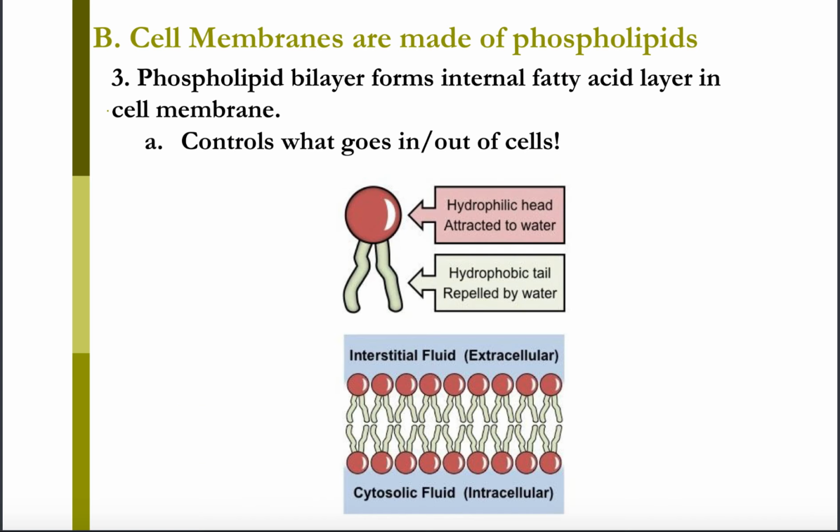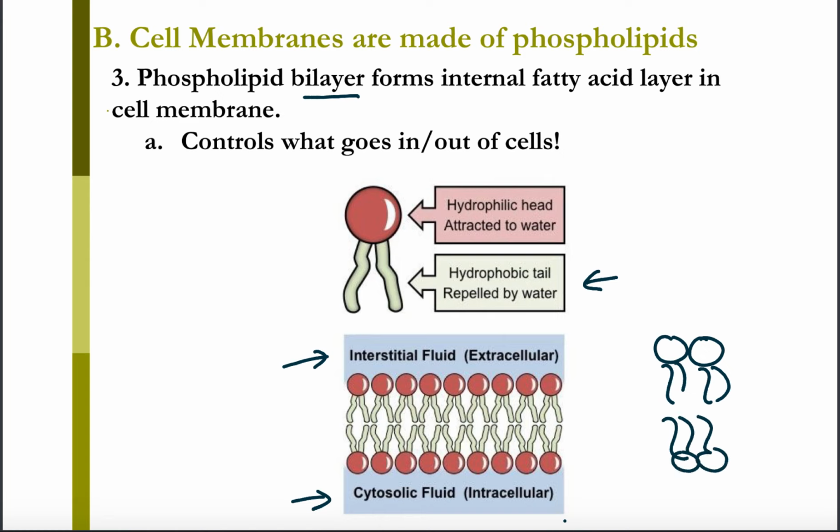Okay, so what is that bilayer? That bilayer ends up having the hydrophobic tails turn towards each other. So when we have our phospholipids, the fats, again, want to avoid the water that's surrounding them. The water that's on the outside and inside is surrounding them. So the phospholipids end up creating this wall automatically that separates that, because they're trying to stay together, they end up creating this kind of